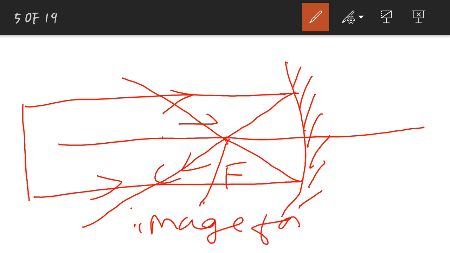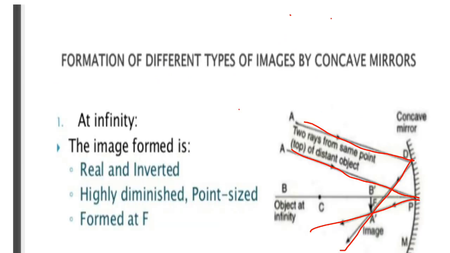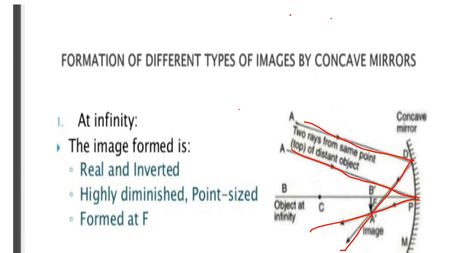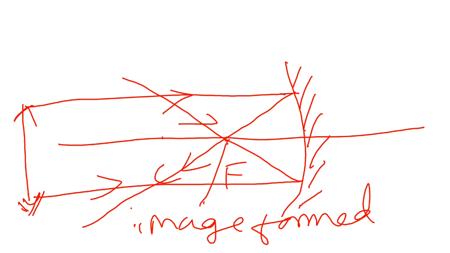Image formed is at the focus. This is one type. You can also do it using the scale, like when we studied plane mirrors, to understand we used the top and bottom of the image. This is the second method which you can use. The first method is in this manner: you take two parallel rays, then they will intersect. This is one more method wherein we use the object at infinity, beyond the principal axis, when we are talking about infinity.